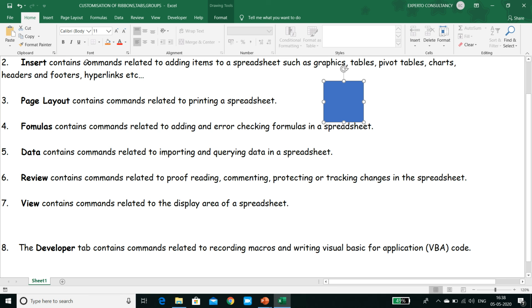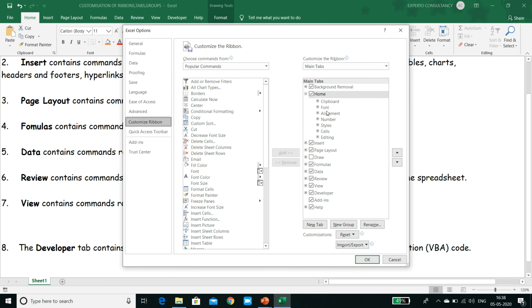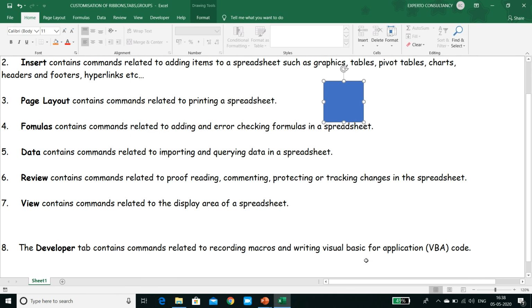Now let's see how to remove tabs or groups from the ribbon. Right click in the ribbon. Let's remove the insert tab. You just need to uncheck it. And let's remove the clipboard group from home ribbon. You just select it and say remove from here. Say OK.